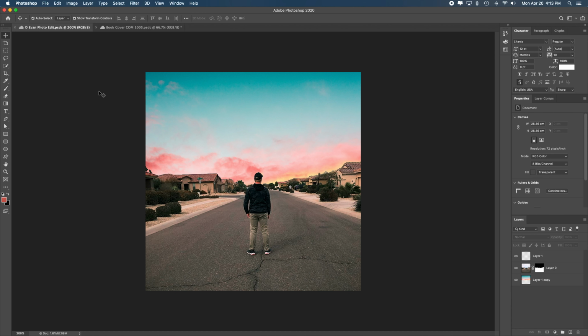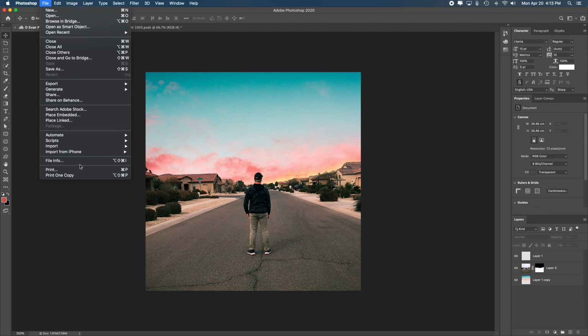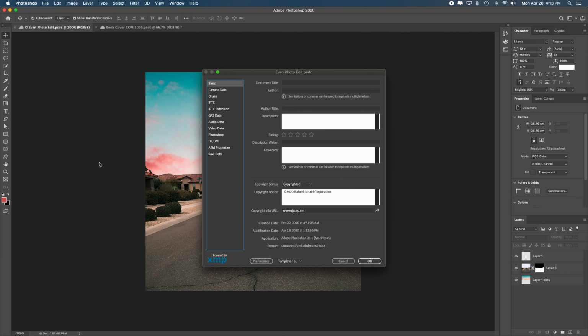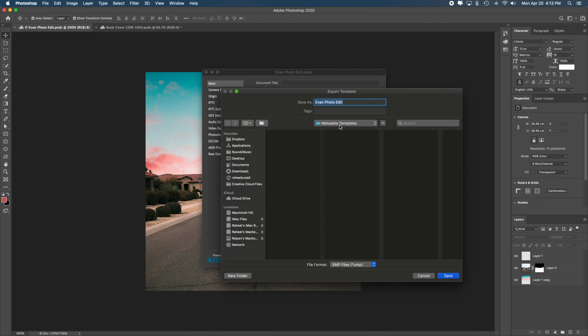So today I'll be covering how to apply the same copyright to multiple images/projects in Photoshop. So we had our copyright over here. I just removed the copyright label I put on top, and instead I just left it to the copyright in the metadata itself. What I can do to apply this to another project is go into File Info, and then you can see I have my copyright over here, and I would just simply press Template Folder, and then I would press Export. So then on Export, by default, it would go into the metadata templates folder,